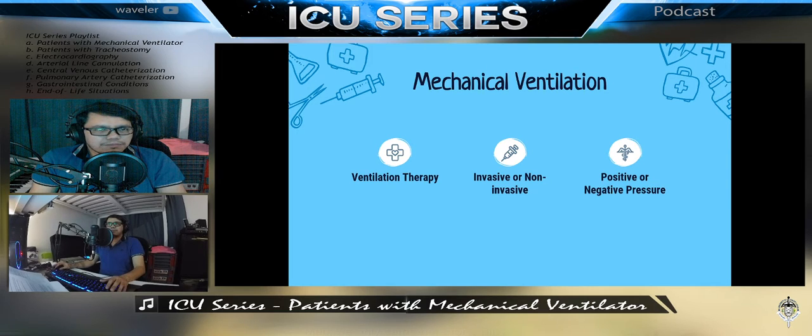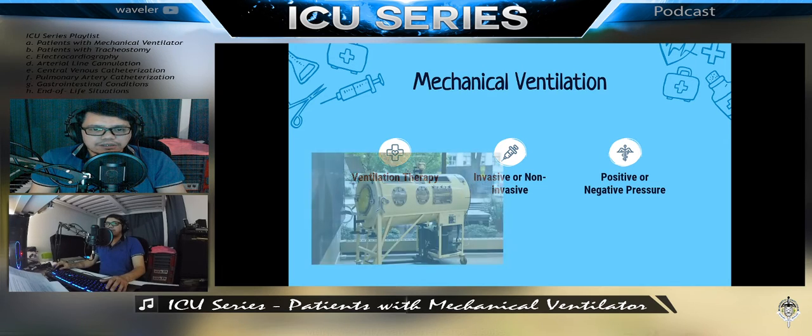In relation to this, we discuss a brief history of negative pressure ventilation. In the year 1928, Philip Drinker developed this machine, which is called the